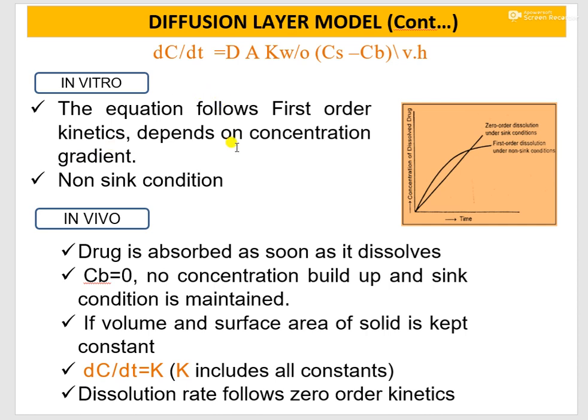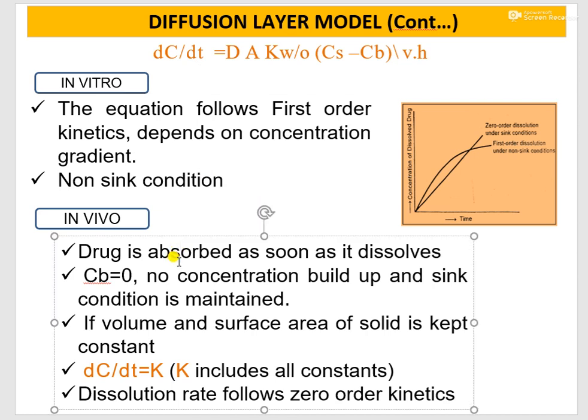Now, if we understand this equation in vitro and in vivo: in vitro, the equation follows first order kinetics and it depends on the concentration gradient. Means this equation in vitro follows first order kinetics and depends on this concentration gradient, and no sink condition is maintained. So in vitro there will not be any sink condition, while